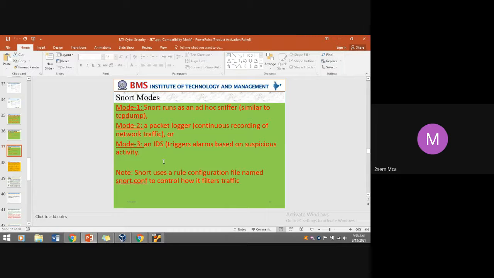And there are some Snort modes. Which are the modes? In these three modes, Snort is going to carry out its functionality. That is, Snort acts as a sniffer, because it has to inspect the packet characteristics at the packet level and also the context level. As I said, the firewall acts as both a packet filter as well as a firewall. You are aware of the difference.